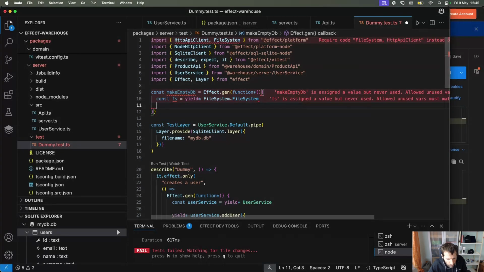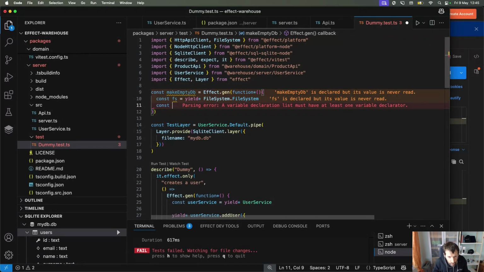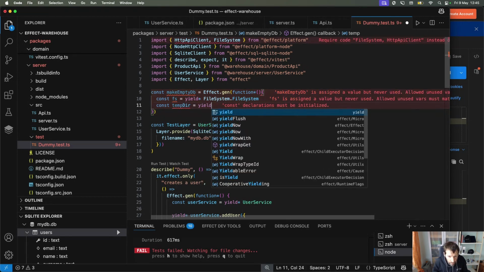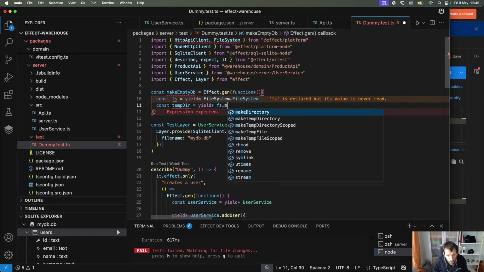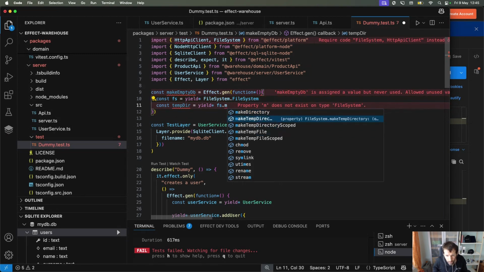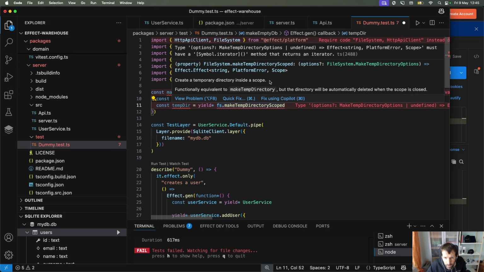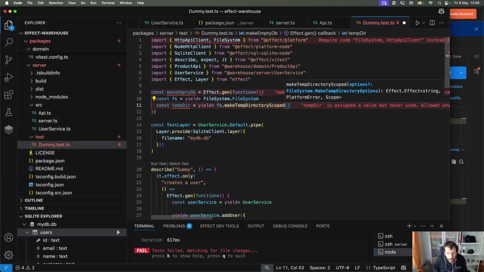And then we walk like const tempDir equals yield* fs.makeTempDirectoryScoped. That creates a temporary directory in the current scope, and the directory will be automatically deleted when the scope is closed. Nice. So we can make a temporary directory, and then we can say like